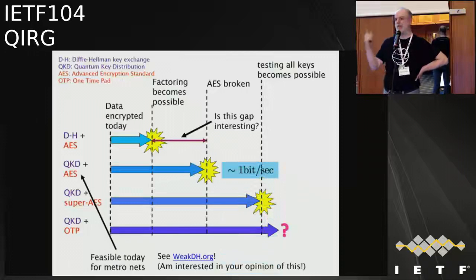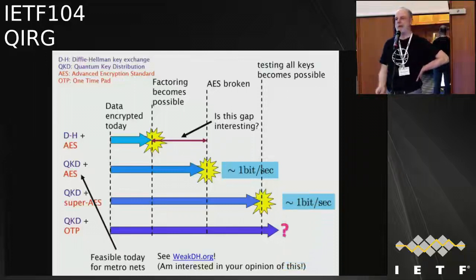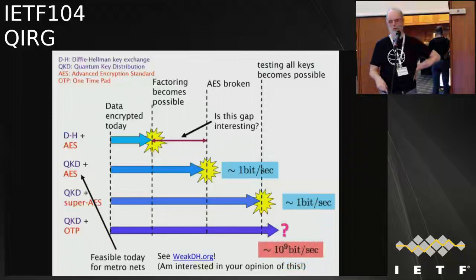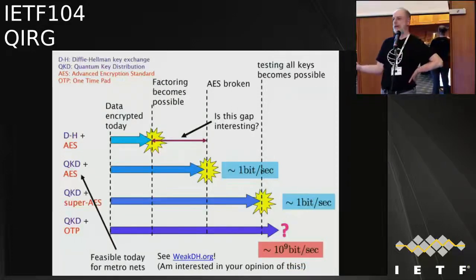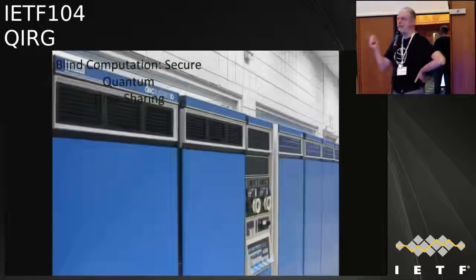Today, if you want to do this QKD plus AES, you're going to need data rates on the order of bits per second in order to roll your keys over in reasonable time. With super AES, it's going to be the same. Whereas with one-time pad, obviously you're going to need to be able to reach up toward billions of bits per second in order to do this reasonably. So as you can see, we've got about 9 orders of magnitude of performance range there. As performance improves, new capabilities will come online. It'll become possible to do new things. All right, so that's the crypto